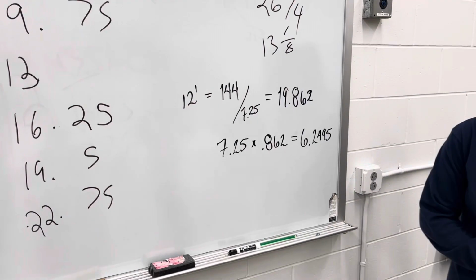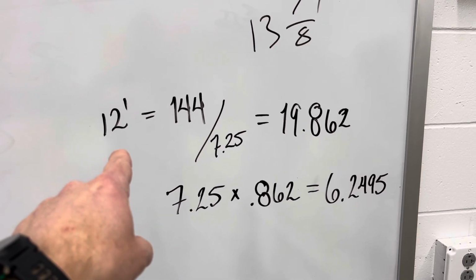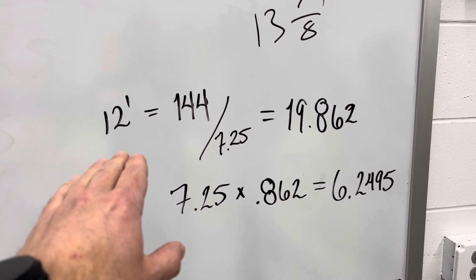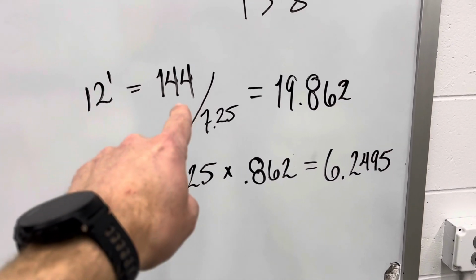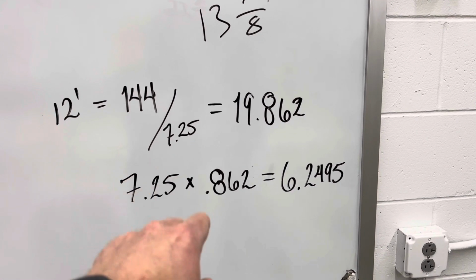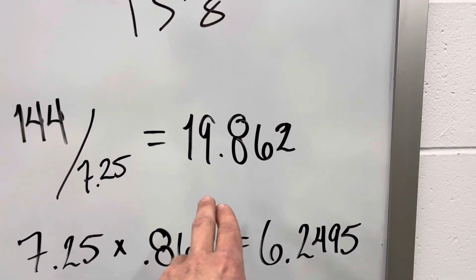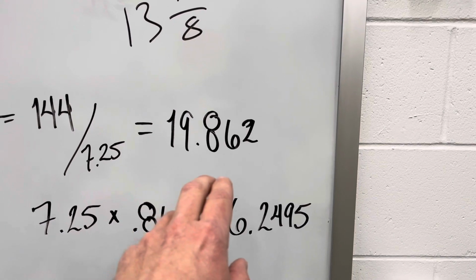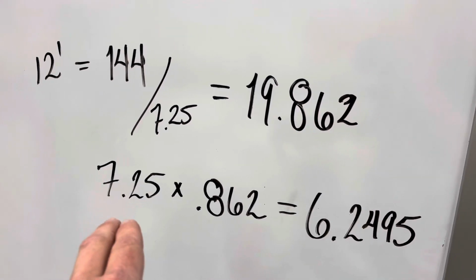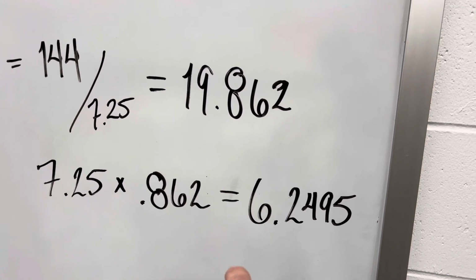That's correct. So we got some more theoretical, hypothetical stuff here. We've got our center line, and we measured. From our center line, it's 12 feet to each wall, 144 inches. We're gonna divide that by our plank, 7.25, a 7 1/4 inch plank, and that gets us 19.862 pieces. So this 0.862 is the percentage of the plank. So we're gonna take the 7.25 inch plank, multiply that by 0.862, and we come to